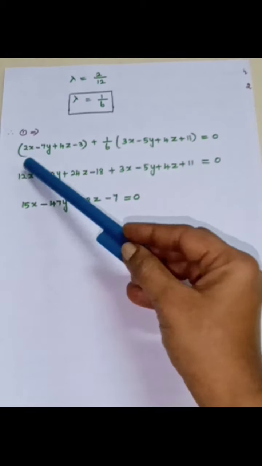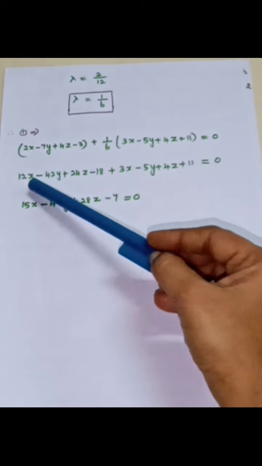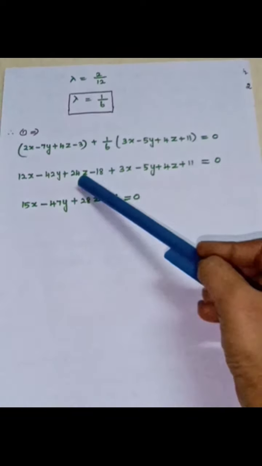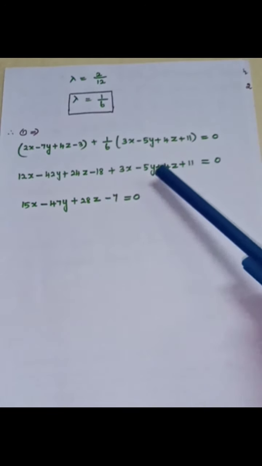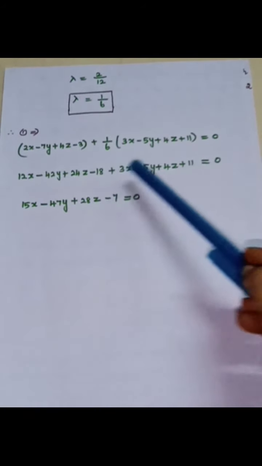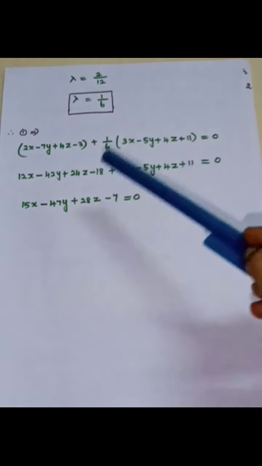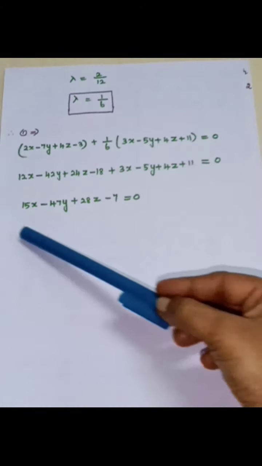So the 6 has to be multiplied with this: 12x minus 42y plus 24z minus 18 plus 3x minus 5y plus 4z plus 11, whole divided by 6, is equal to 0. And the denominator 6, if you multiply with 0, it is 0. So this is the equation of the required plane. So therefore